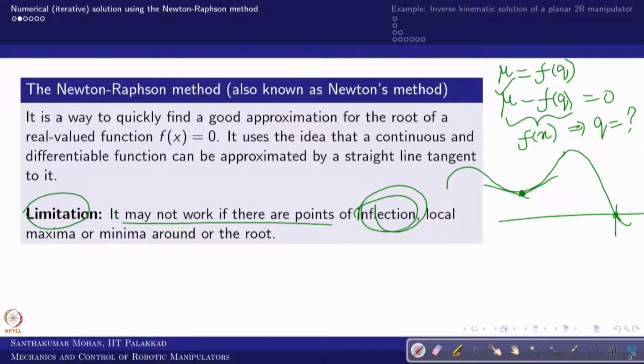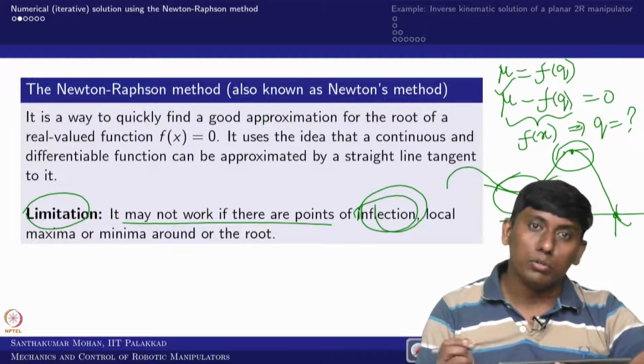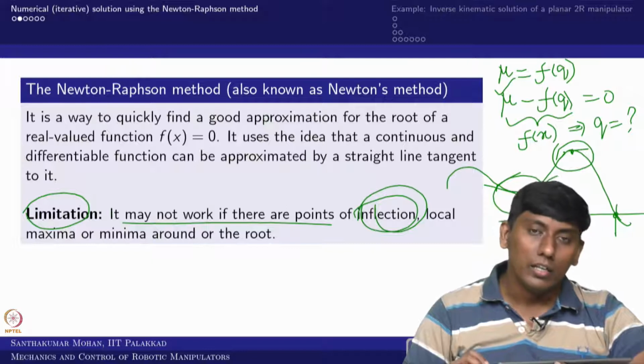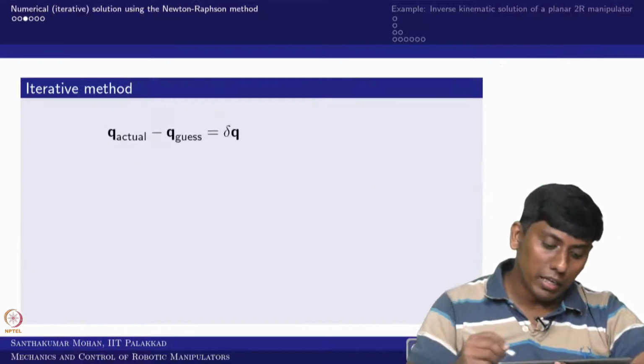Some people call this a maxima and this a minima. This is localized. So if your initial guess is chosen somewhere here, it would keep rotating here itself. So that is one of the limitations of the Newton-Raphson method. But still we can try to avoid it by providing some additional restriction. So we can see the same Newton-Raphson method that you have come across in several numerical methods courses. We are going to modify that in this course.